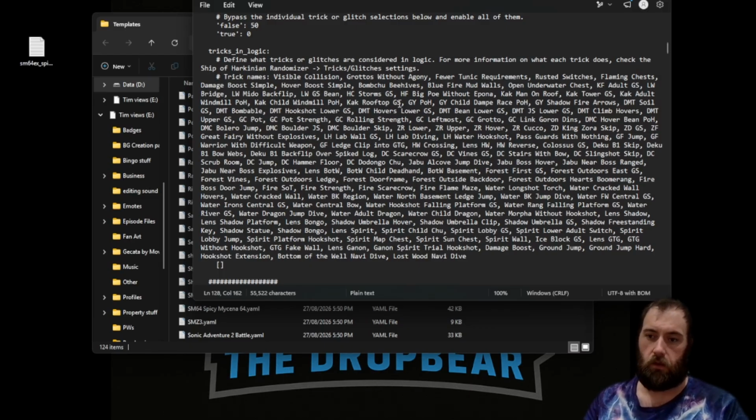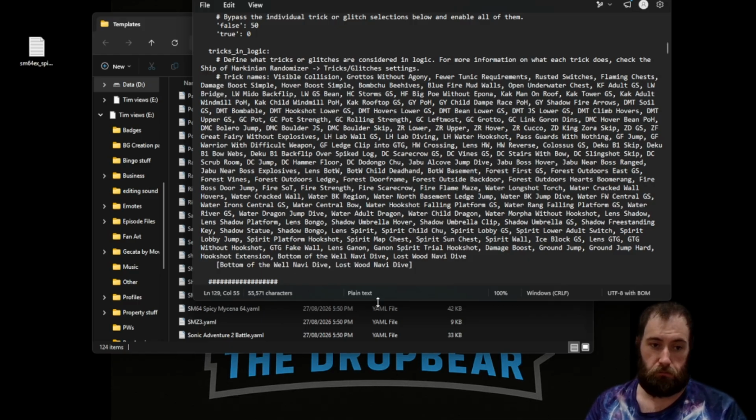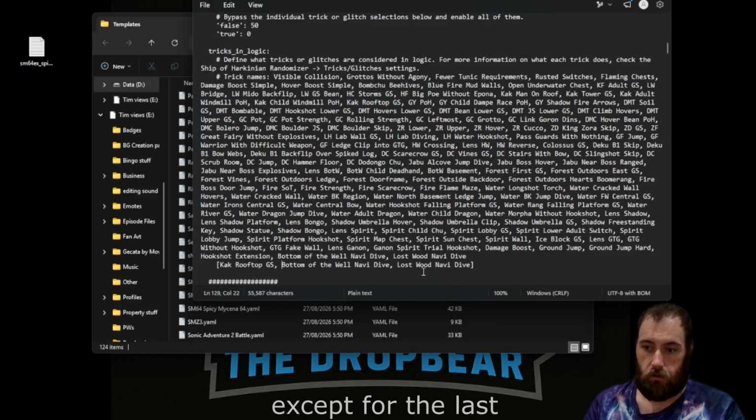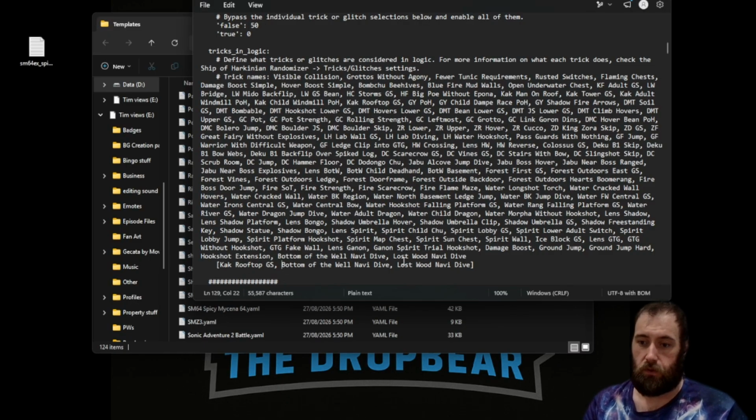So read through these, and what you do is, let's say you wanted to do Bottom of the Well Navi Dive and Lost Woods Navi Dive. Just highlight over them, copy, and in these square brackets, paste them. That's it. So every single one, you can go cat group top, gold sculptula. You want to make sure that there's a comma after each one with a space,